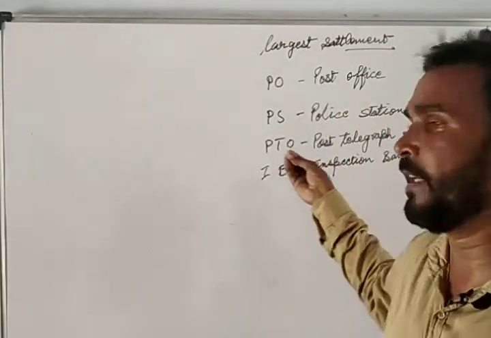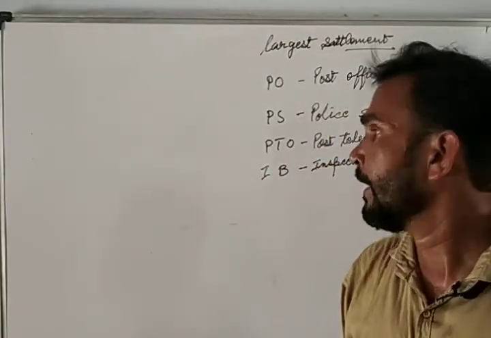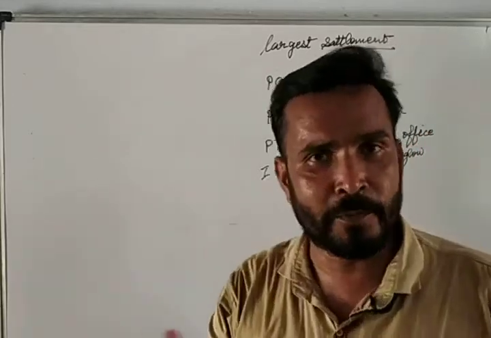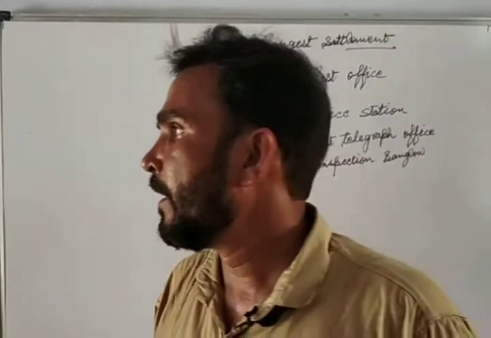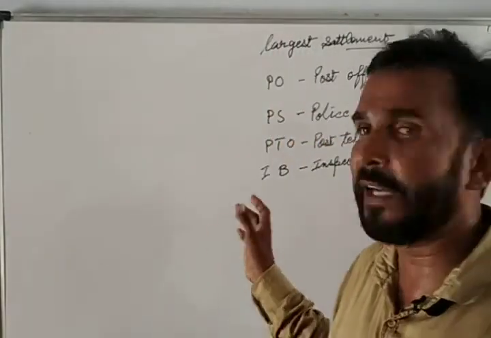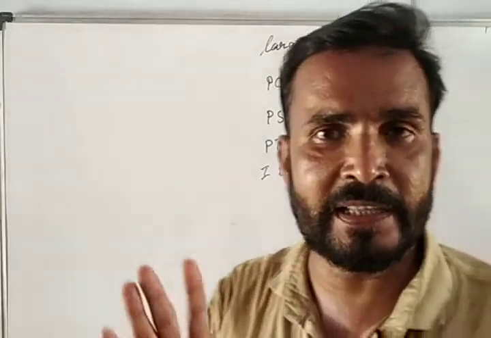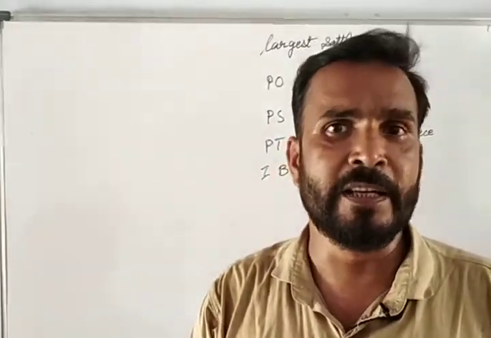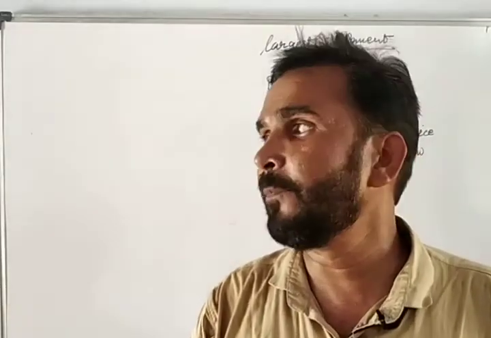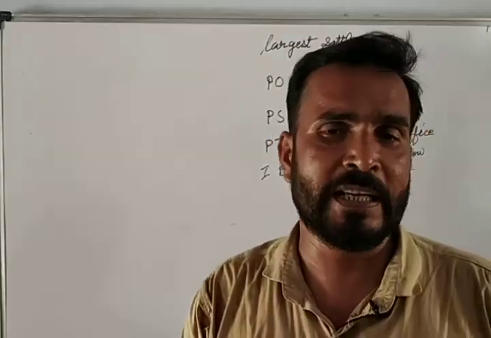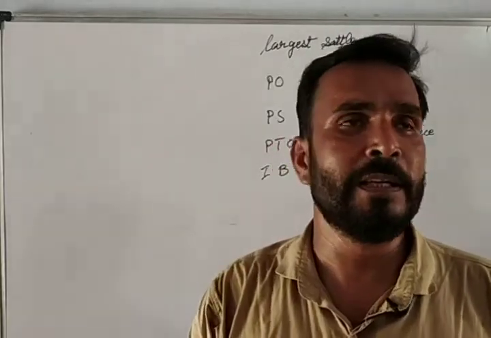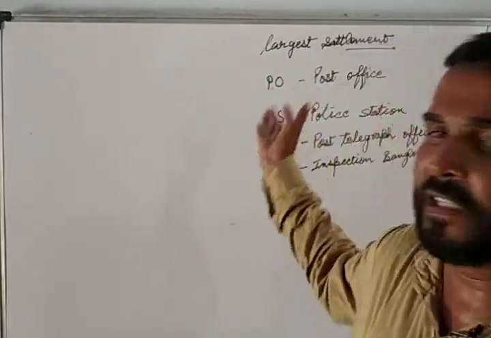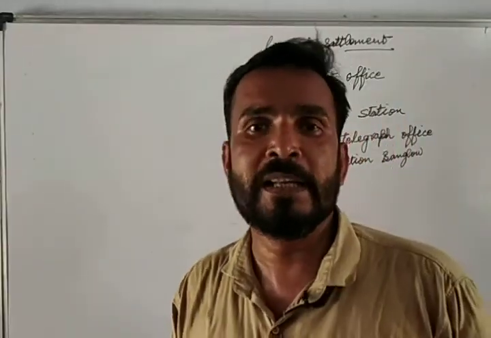Okay. So this we have finished today. Today we covered the settlement, the types of settlement, and height. There are 3 kinds of height: spot height, triangulated height and relative height. Relative height can be represented in blue color also and black color also. If black color is shown, then it will be height. If blue color is shown, it will be depth. And for settlement, if these things are given, then it will be the largest settlement.